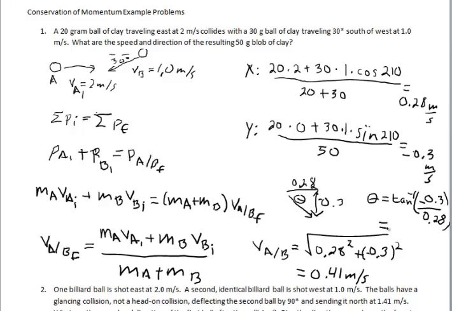And I get an angle of inverse tan, negative 0.3 divided by, negative 46 degrees. So that means that this is below the horizontal by